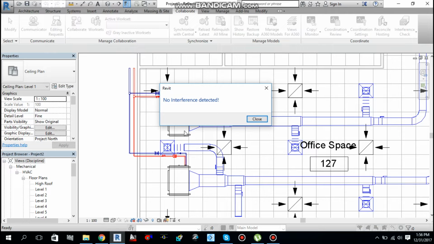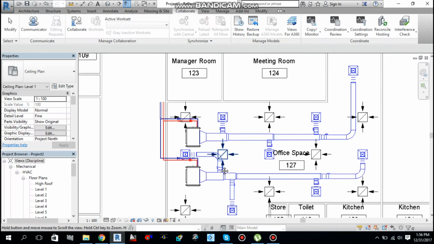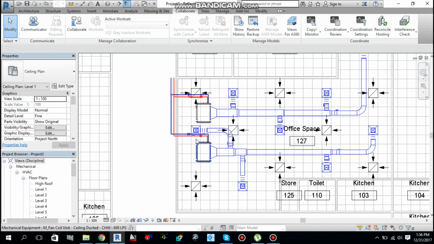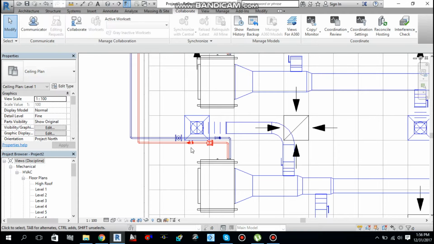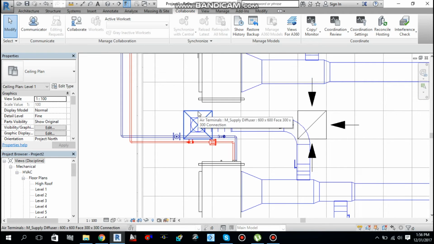Now the message is displayed, no interference detected. So I don't have any interference here, so no problem. I will create one interference and I will show you how you can fix it. Let me move this air terminal over here, like this one.